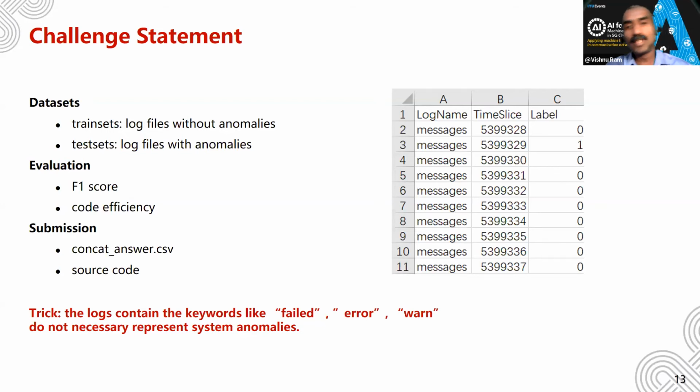I think this was my question also, that these are local errors but may not be system anomalies. Is that what you mean? So participants look for system anomalies, not local failures which are error, warning, failed, etc. Can you explain this trick? Why do you say system anomaly here?